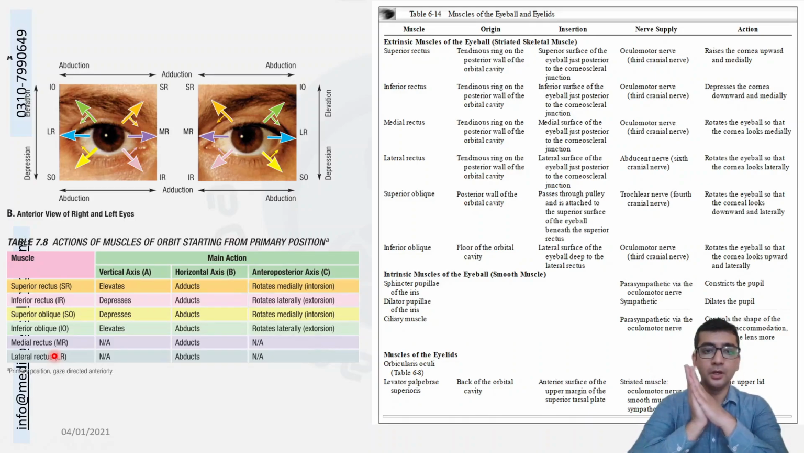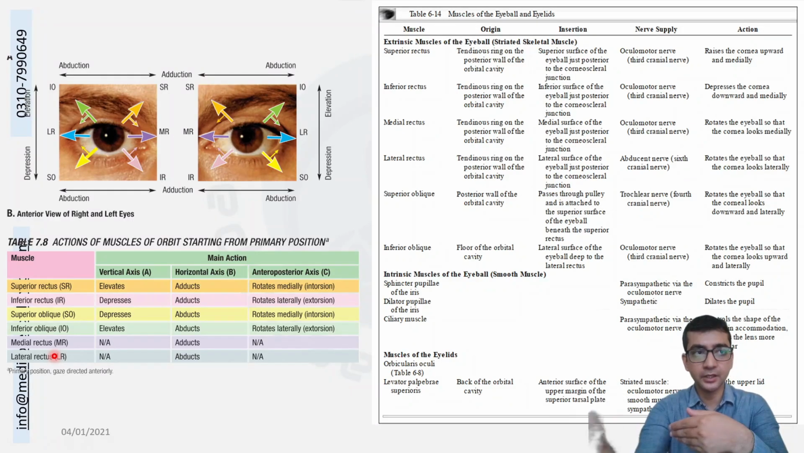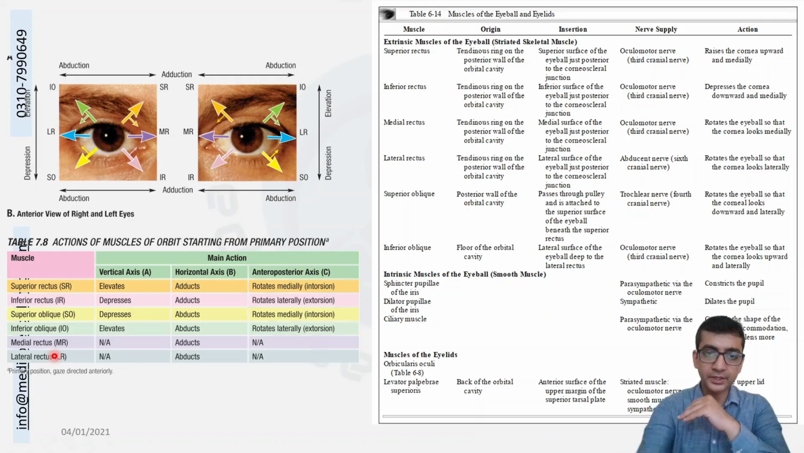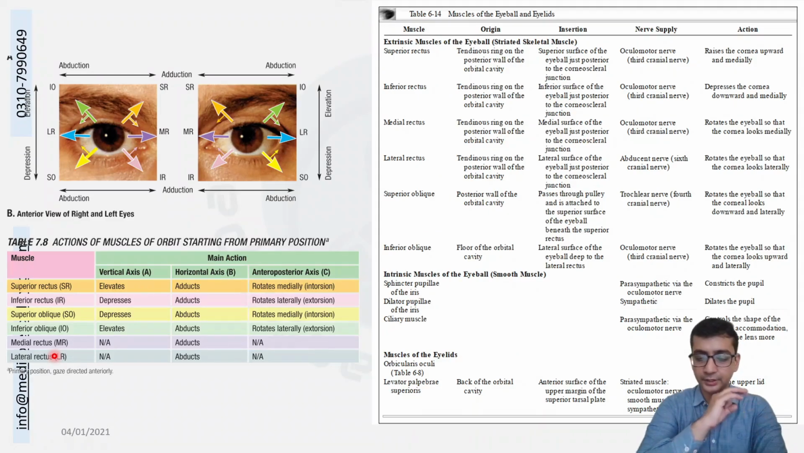About the insertion, all four recti are inserted anterior to the mid half, anterior to the equator, on the surface as demarcated by their name. Superior rectus will attach to the upper surface anterior to the equator, and so on and so forth for the medial, for the lateral, for the inferior. And both of the obliques are attached on the posterior half of the eyeball, posterior to the equator, on the surfaces indicated by their name. Superior oblique will be attached on the back of the equator, on the superior surface of